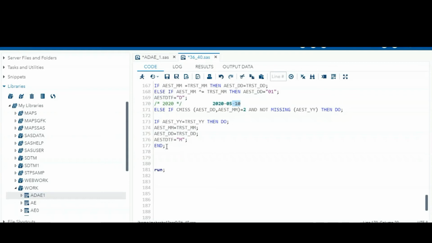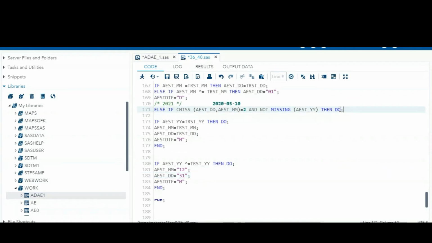If it is not the same, for example, this was happened in 2021 and the treatment year is 2020, so this is not equal. So in that case, as per the rule, the month should be 12th month and the day should be 31st. Okay, this is what they are expecting.